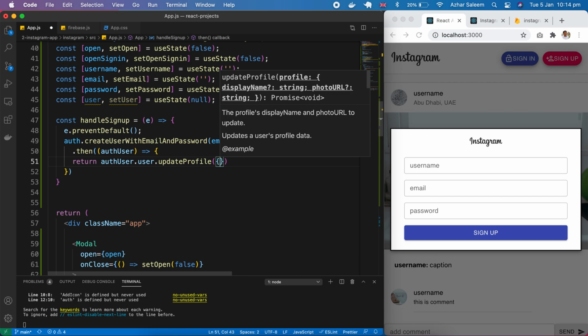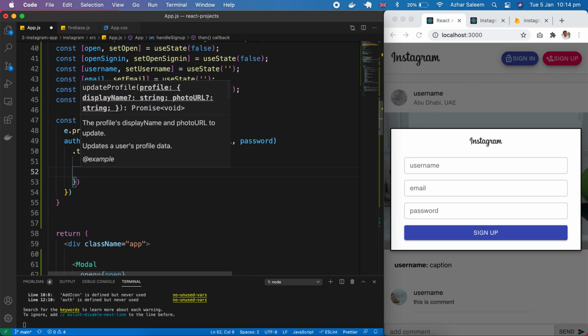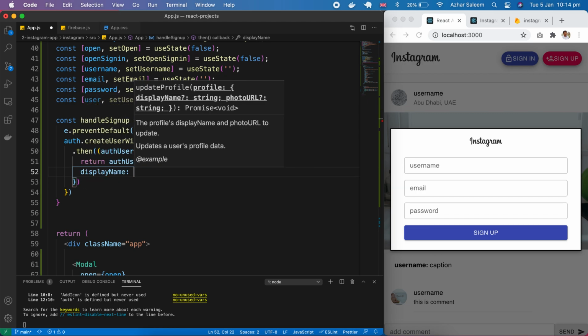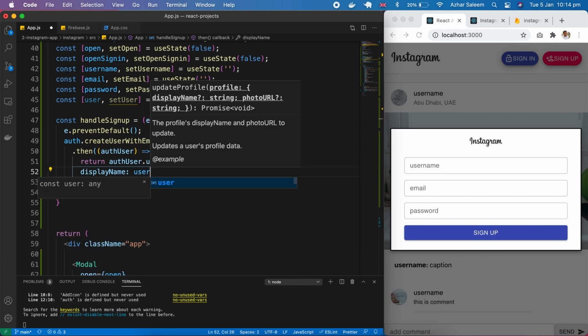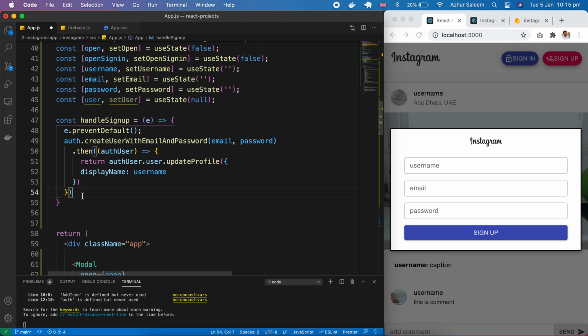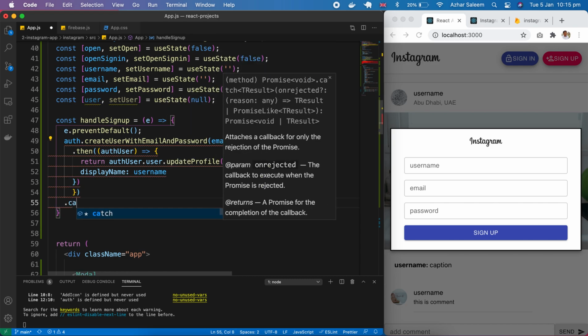Here whatever you want to update you have to pass here. So in our case we have to update the username at the time of sign up. So here displayName, it will be username. That's it. At the end we have to .catch